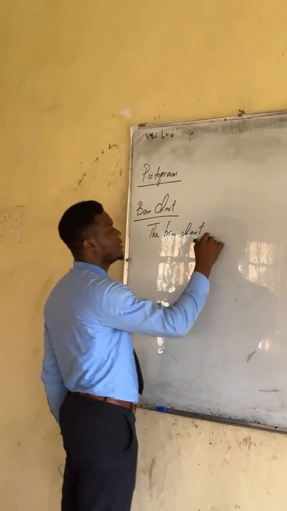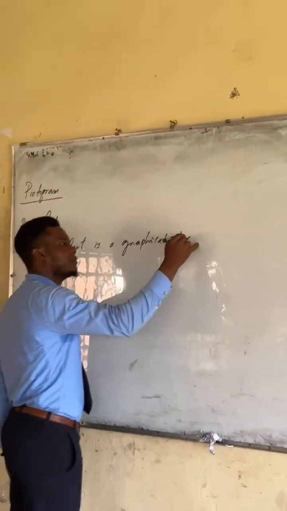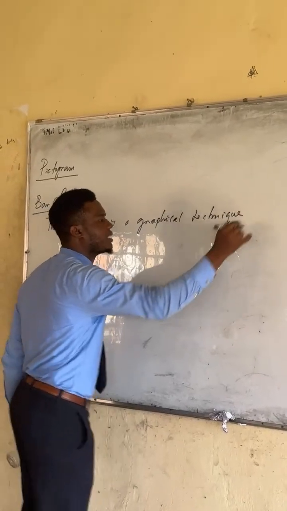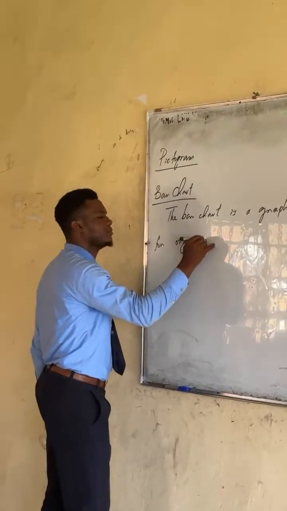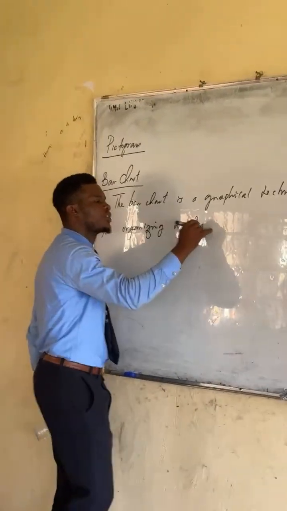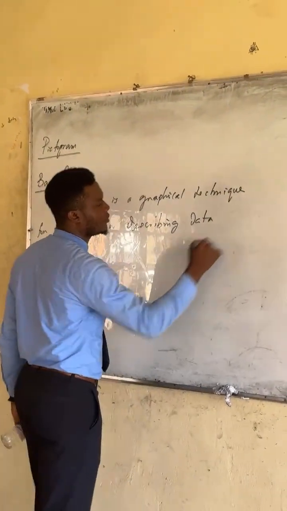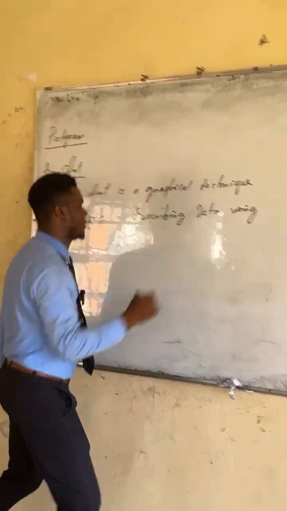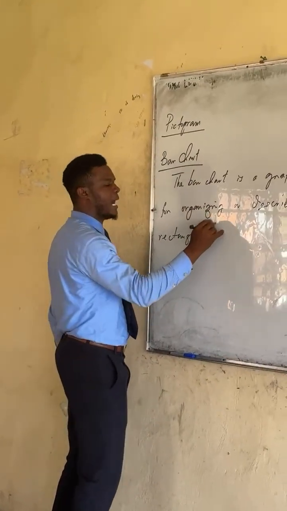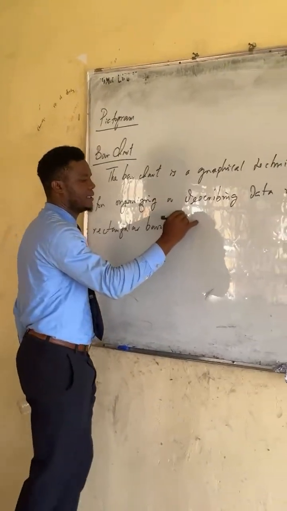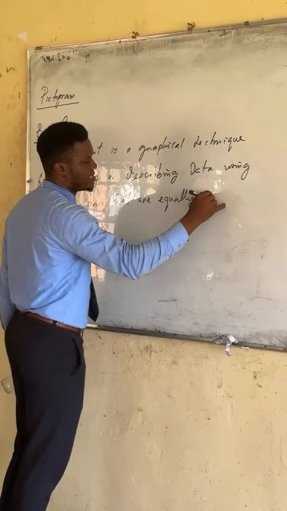So the bar chart is a graphical technique for organizing or describing data using rectangular bars that are equally spaced,